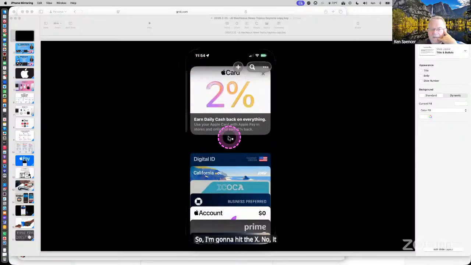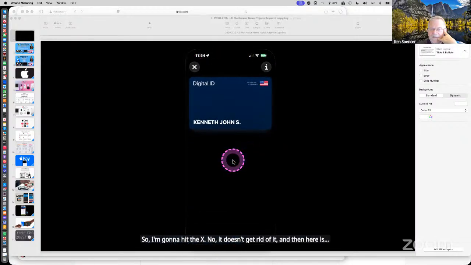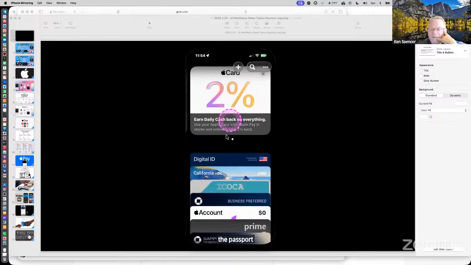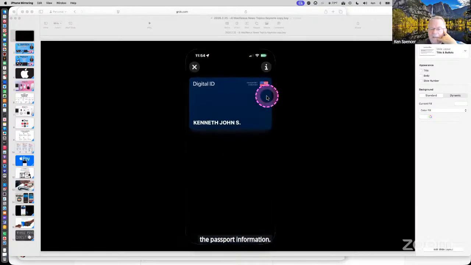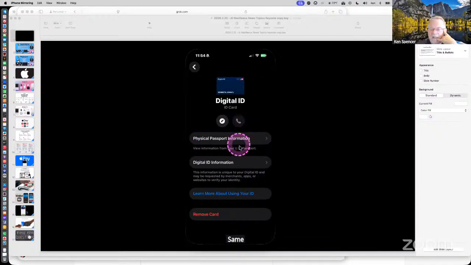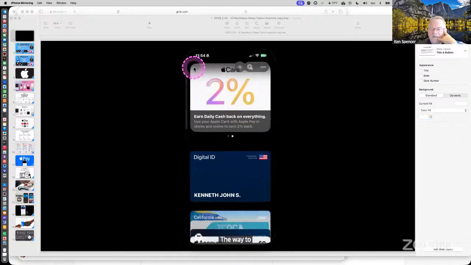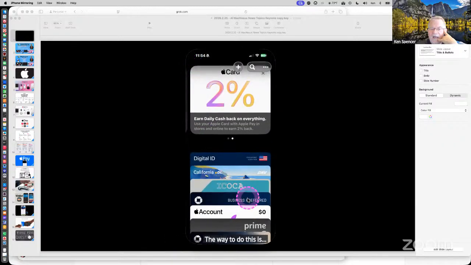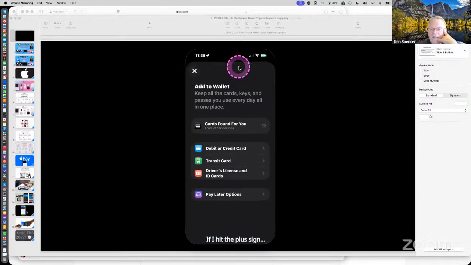No, it doesn't get rid of it. And then here is the passport information. Same thing, and it gives me the physical. So the way to do this is if I hit the plus sign,